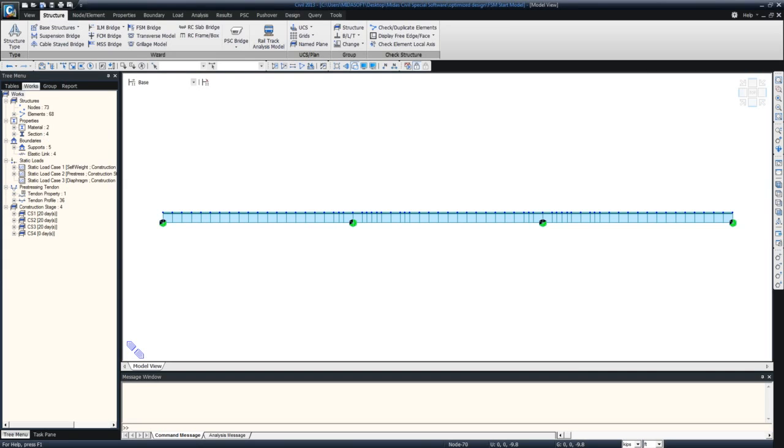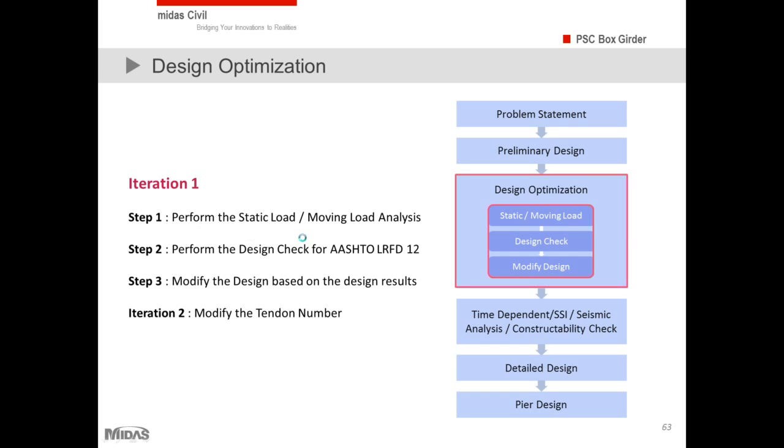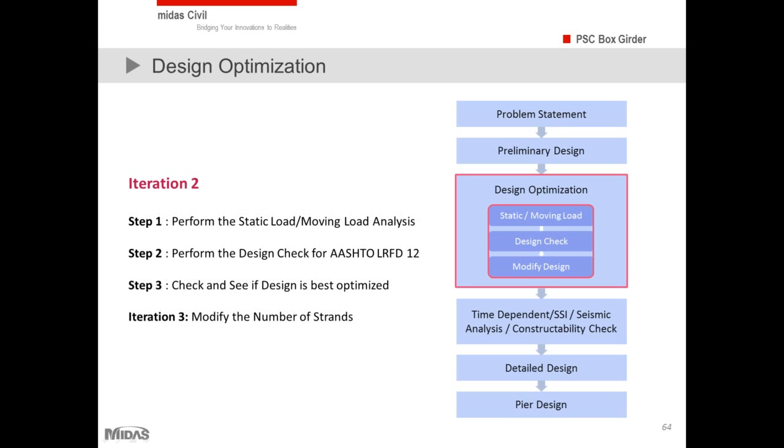So this is just an example to show you how you can do optimized design with Midas Civil. And if it is satisfied under iteration 2, we can go ahead and do the detailed design. Otherwise we can do another iteration. While I was working with this model, I had to do 3 or 4 iterations to obtain the optimized design,